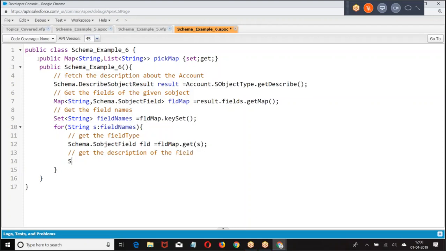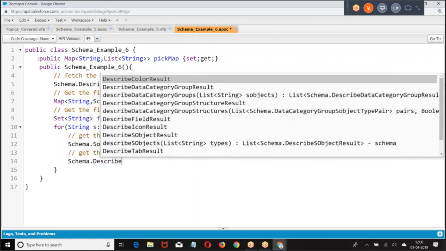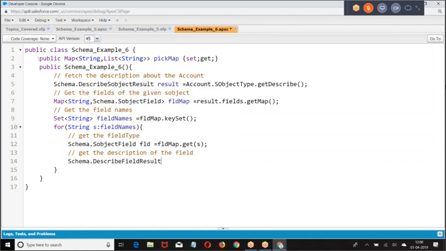How do you get the description? Result equal to field dot. Whichever field you have selected, get the description of the field.